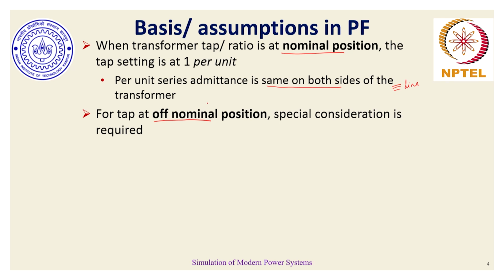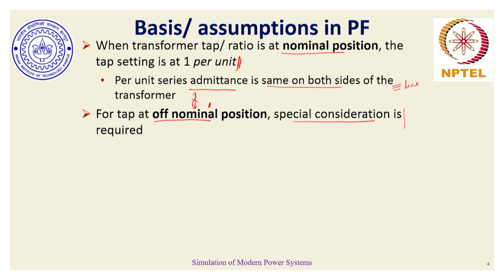Now, as long as we get this off-nominal tap position, assuming that the same per unit basis is still applicable, because when we model our system on per unit basis, we don't often change our reference power or reference voltages. They remain the same as per the typical rating of the system. And that's where the admittance or impedance offered by the transformer no more remains the same as was the case for nominal position, and hence a special consideration is required. More details about this special consideration we will be covering in the next lecture.